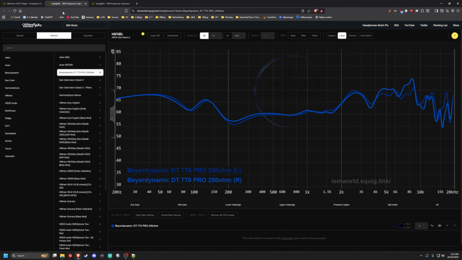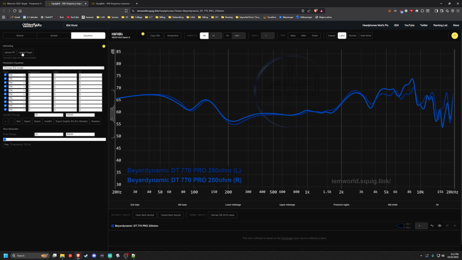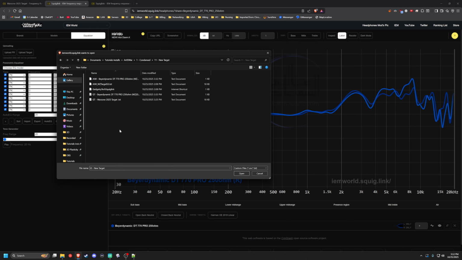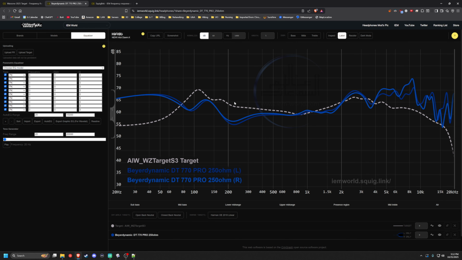So I'm going to do the first one. We're going to do Art Tunes first. Go ahead and go to Equalizer. Then you're going to upload target. And then you want to go into the same thing, the new target. And then you're going to see the ArtISWar, and you're going to see both of them with target. So I'm going to do the ArtISWar one first. Click that, open. Now it gives you a new thing on top of it, kind of overlaid on top of it. Then you want to do auto EQ